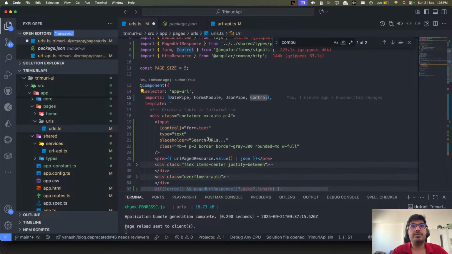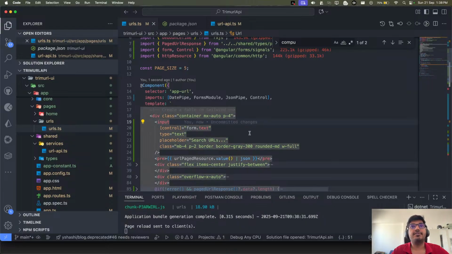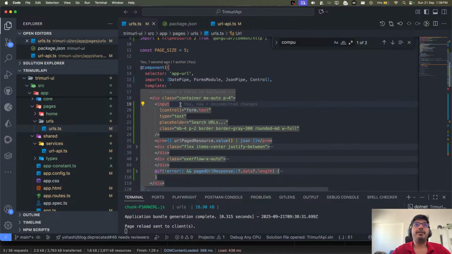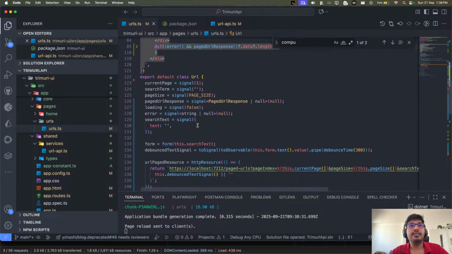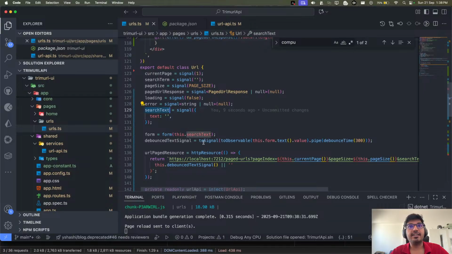So this control you need to attach, like now your form has a text, so you are attaching it with your input control. Okay, and save the changes. So now what will happen whenever the input is changing? We have a form, this form.text is getting updated, and whenever this is getting updated, we have this, right?